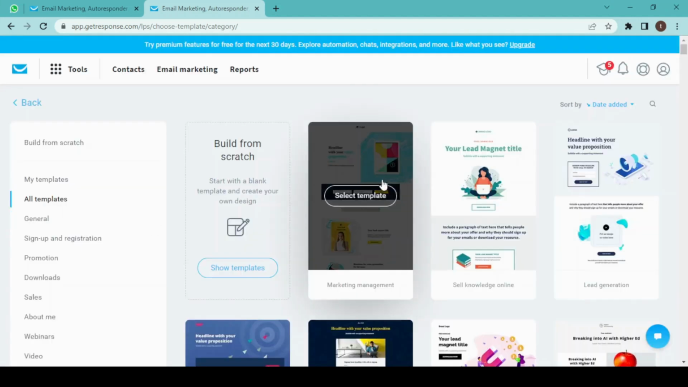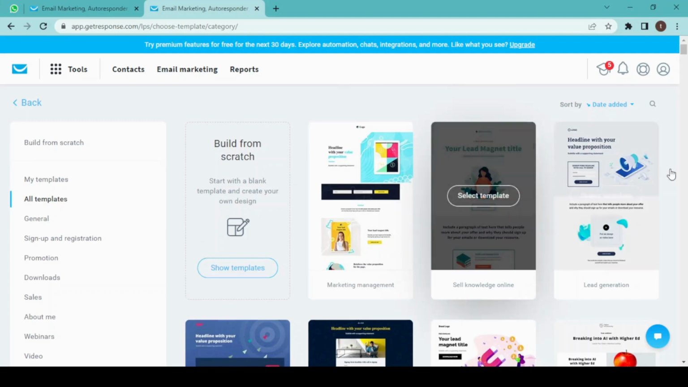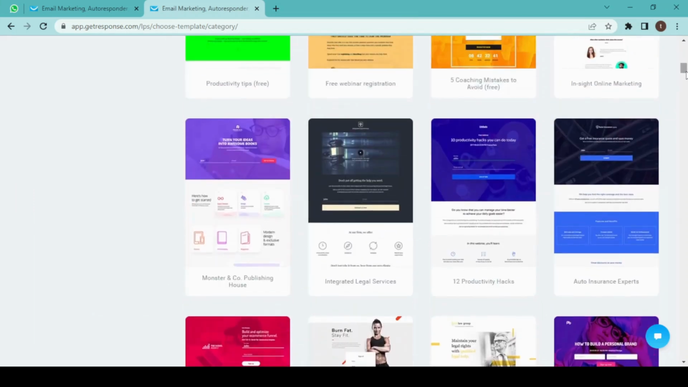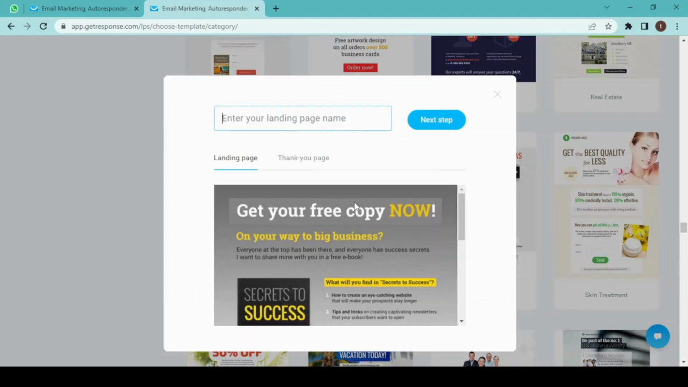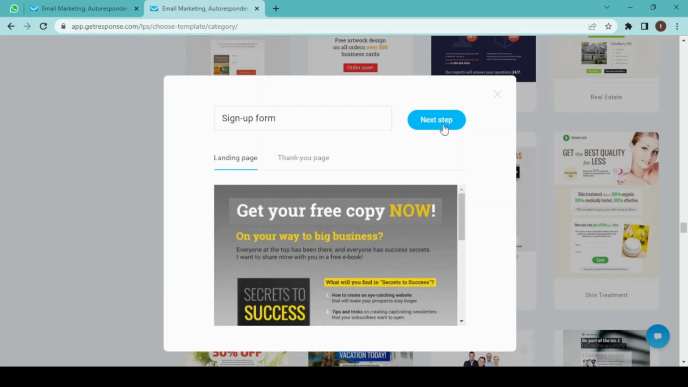And here we have two options, either to select a template or build it from scratch. So today I am going to select a template for creating a landing page, and I am going to choose this one for the purpose of this video, and I am naming it sign up form. And this will be our landing page, and this will be our thank you page. So next step,